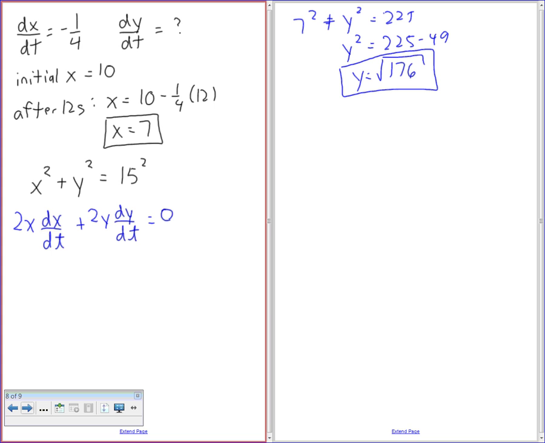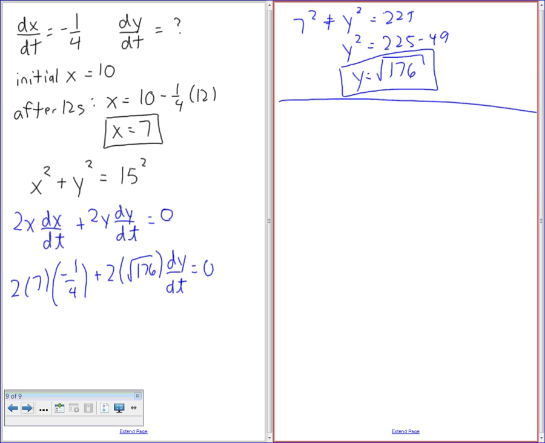So it's going to be 2 times 7 times negative 1/4 plus 2 times root 176 dy by dt equals 0. So 2 root 176 dy by dt equals 14 over 4. So dy by dt